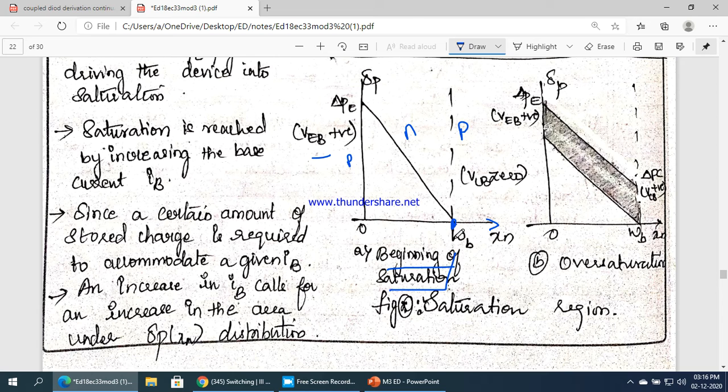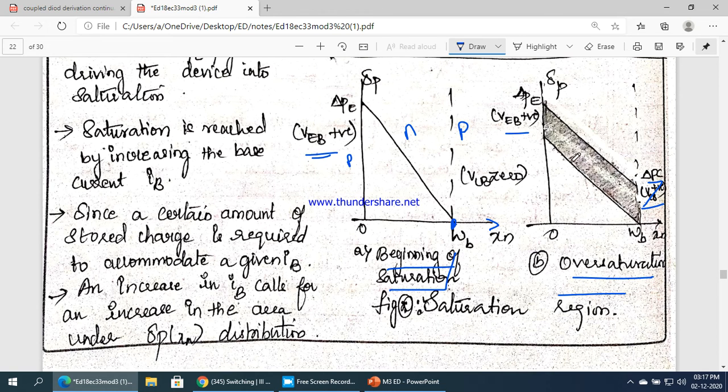Clear? We apply zero voltage across the collector base junction and forward bias the emitter base junction. This is the charge concentration you can see over here. VCB is at zero potential and VBE at a positive potential. After that, what can we increase? After some time, that is the oversaturation region. Initially we make VCB 0, and after that VCB is at a positive potential. So VCB is at positive potential and VEB is also at positive potential. That we call the oversaturation region.